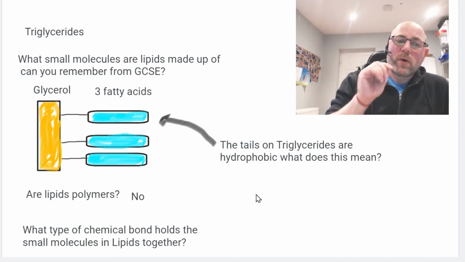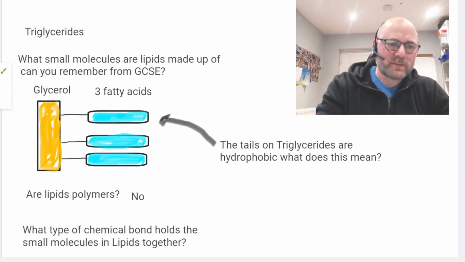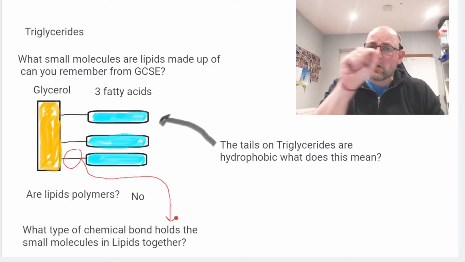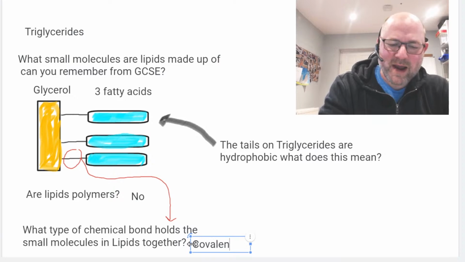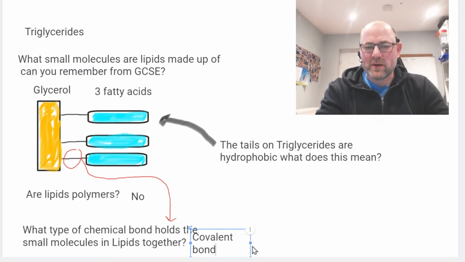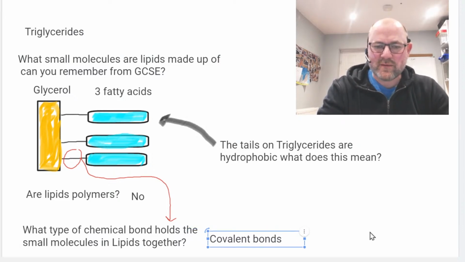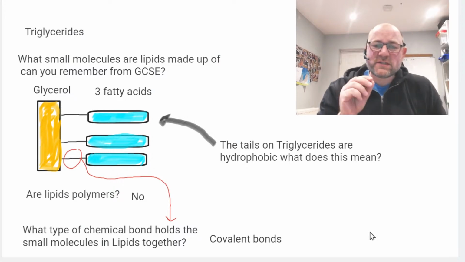What type of chemical bonds hold the small molecules in lipids together? So what we're looking at here is really this bond here. What type of chemical bond, you might remember from GCSE chemistry, do we show with a straight black line? The type of bond we show with a straight black line is a covalent bond, and most of these bonds are covalent bonds. Covalent bonds are very strong bonds, so they're very useful in biological molecules. And this specific bond has a name, and it's known as,